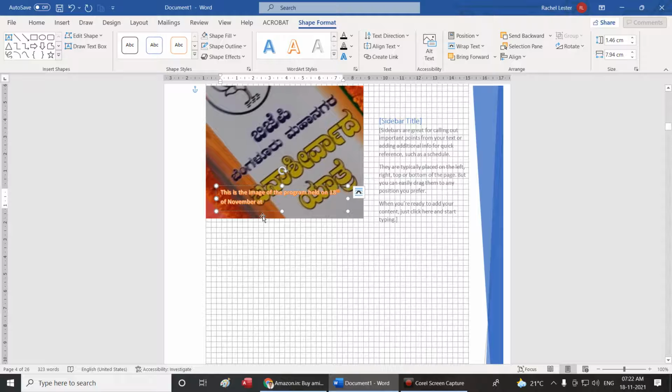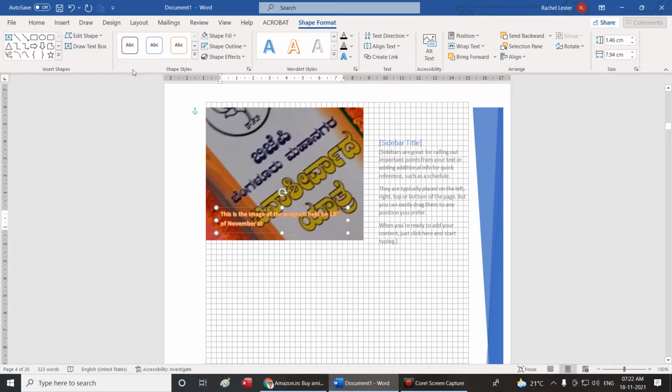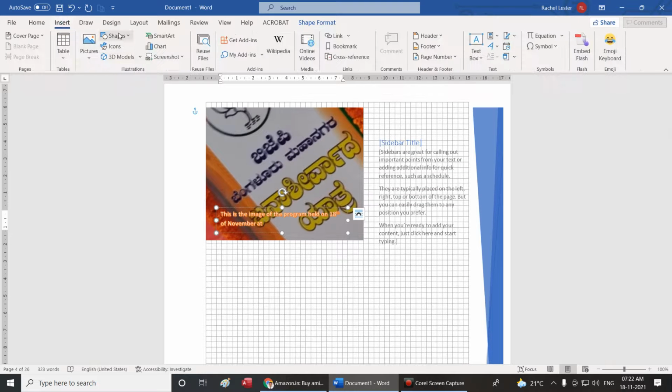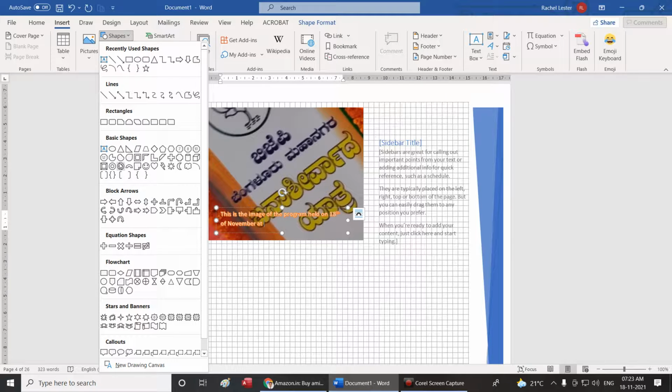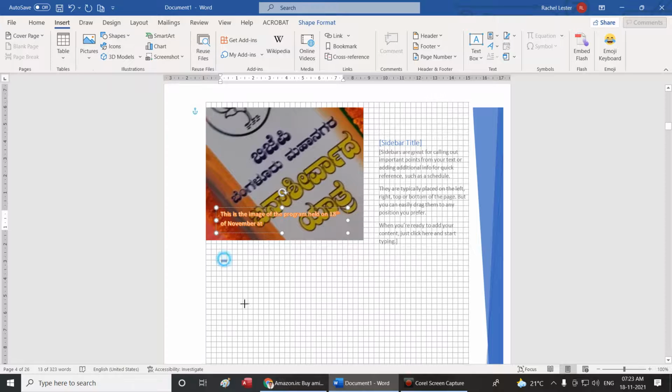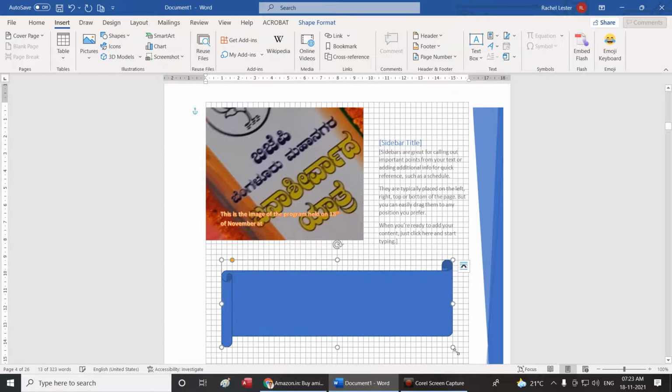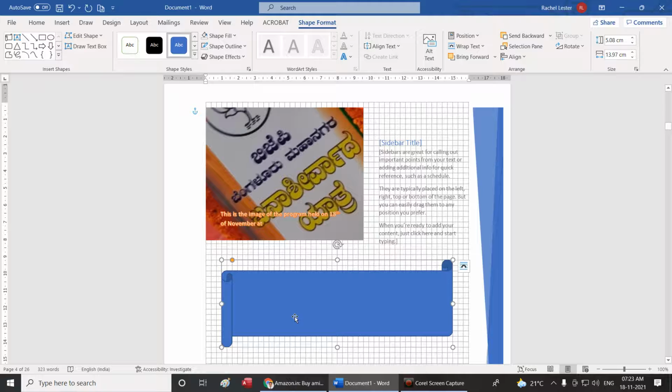So this is one assignment. Next assignment would be insert shapes. Inside the shapes you can give multiple texts. Insert shapes, and on this shapes insert multiple text.